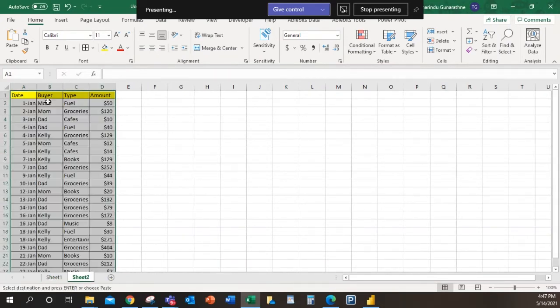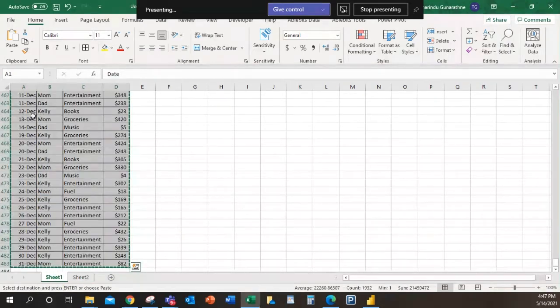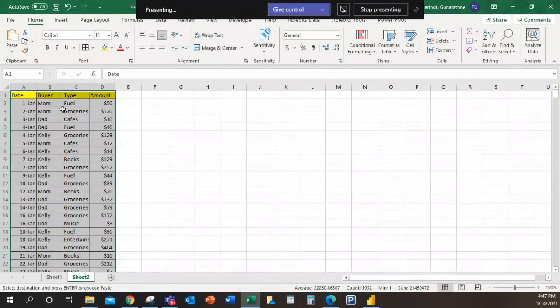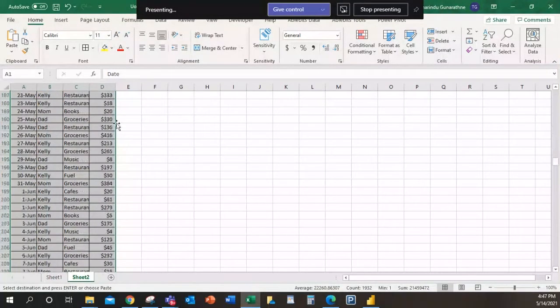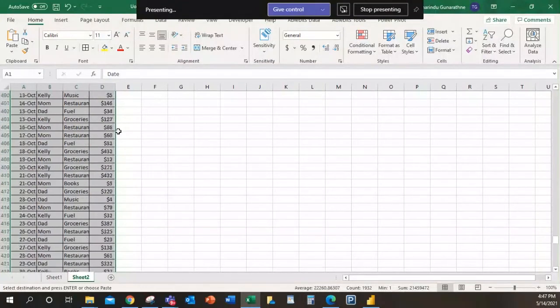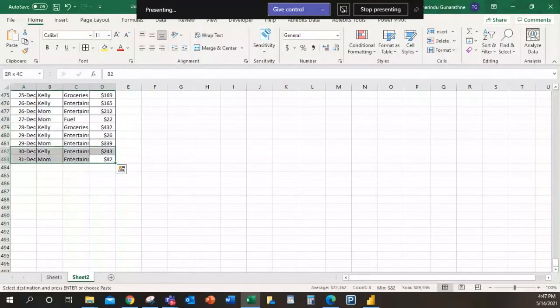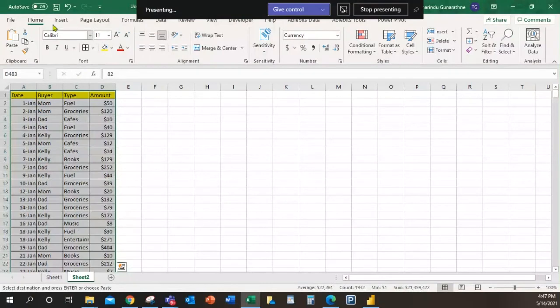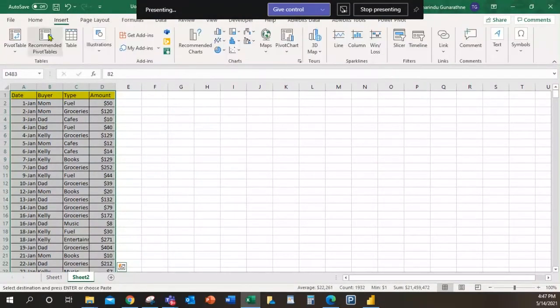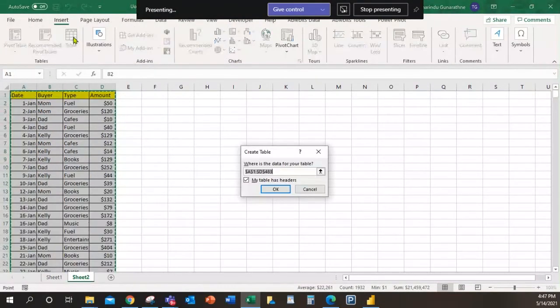to here. You can do the same thing in here also, but for your understanding, I'll copy the same data set to my second sheet, and I'm going to select the whole data set. From here, I'm selecting the whole data set and go to insert, and there's a feature called table. Here I have a selection. My table has headers. See, my table already has headers: date, buyer, type, and amount. So I'll tick this. Let's say if you don't have headers, then don't tick it.